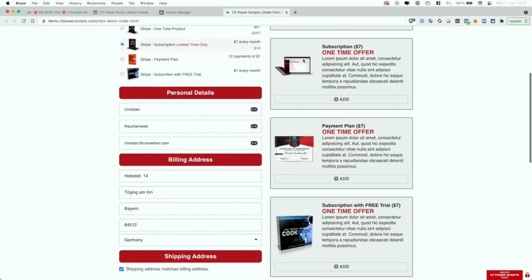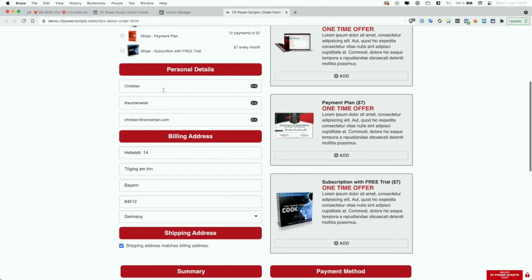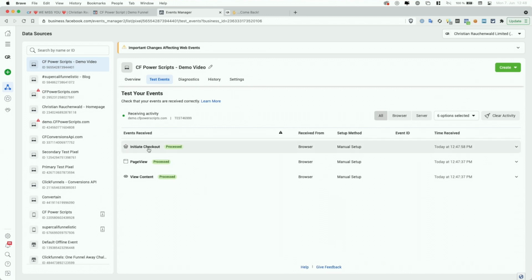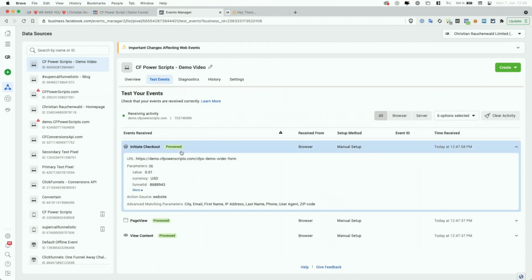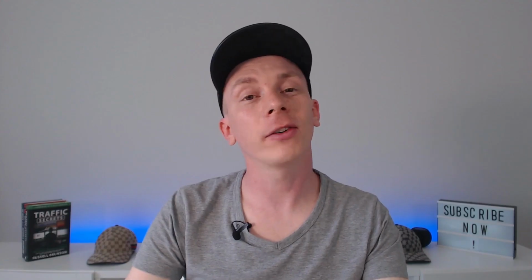Now if we go to the order form, here everything is already filled in, which obviously shouldn't be the case for your users. But if I click in one of those fields and I start typing, so for example, in this case, I would remove a letter, we notice in the Pixel Helper that a new event triggered, and in the Events Manager we can also see that the initiate checkout event got forwarded to Facebook with a value of $1 and the additional information that CF PowerScript forwards for all Facebook events by default. So that covers another function that the Facebook Custom Events PowerScript has to offer,